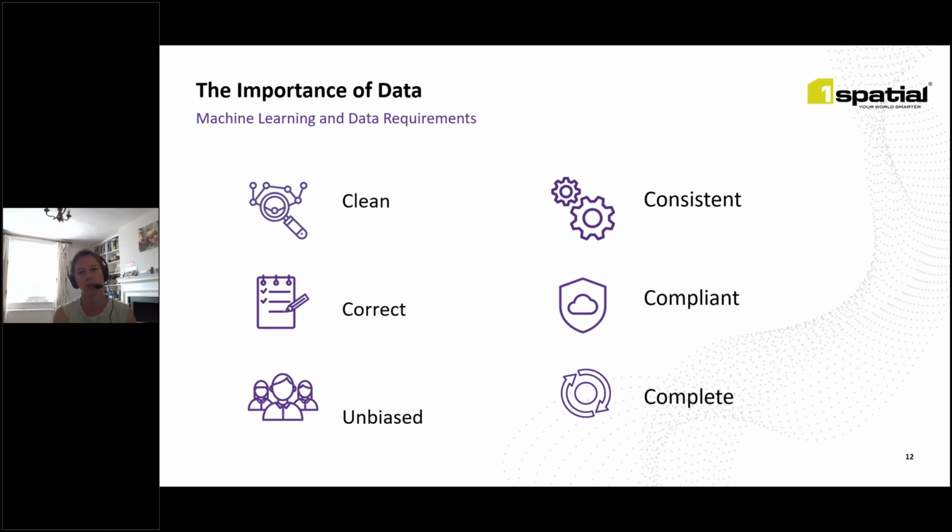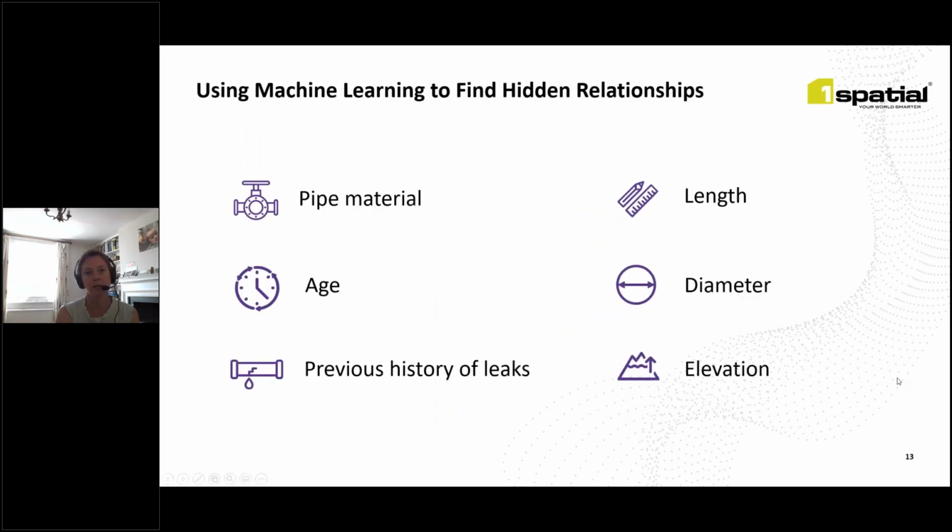Neurosymbolic AI acknowledges that rules and machine learning combined are more powerful, as it allows the guiding logic of a person explicitly defining rules alongside the fuzzy inference benefits of machine learning from lots of data. By QAing these data inputs, the key is to develop a system that learns and understands the unobservable and hidden relations between various structural properties of the network, such as the pipe material,